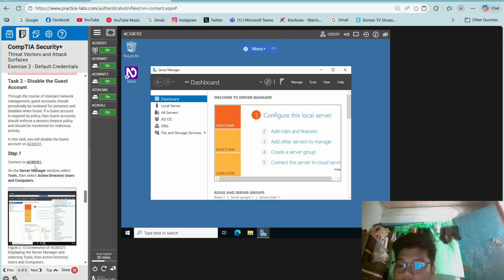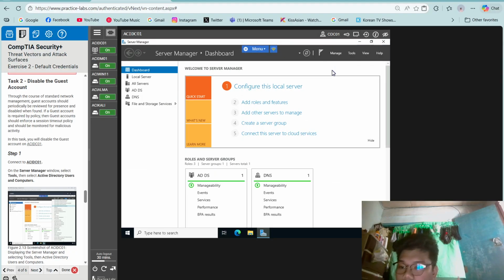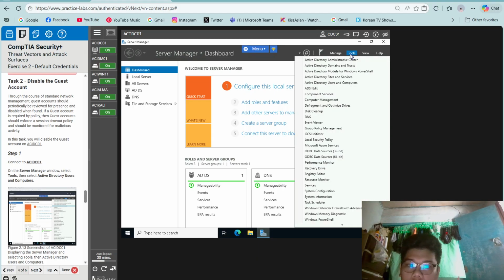ACIDC01. Once you're connected on that account, on the Server Manager window, select Tools and then Active Directory Users and Computers.